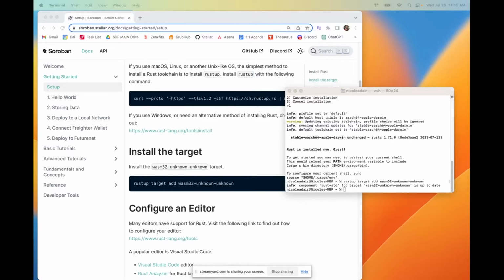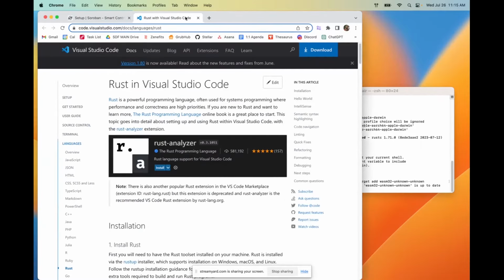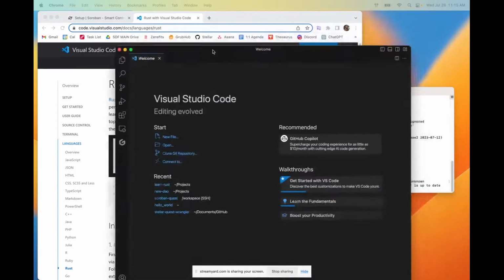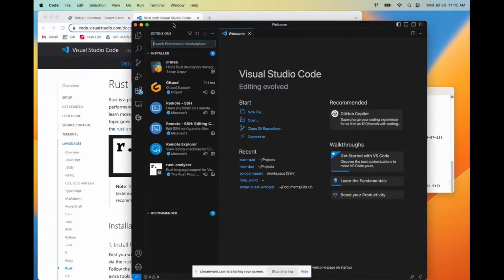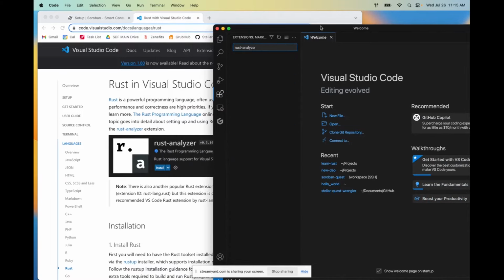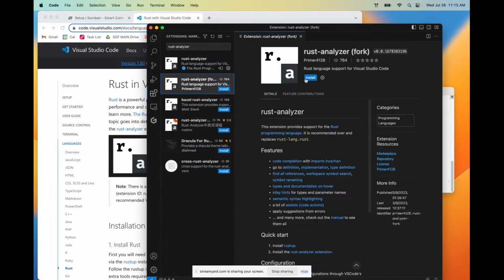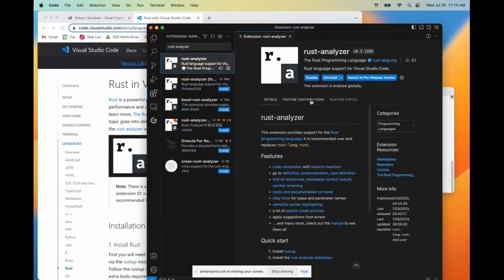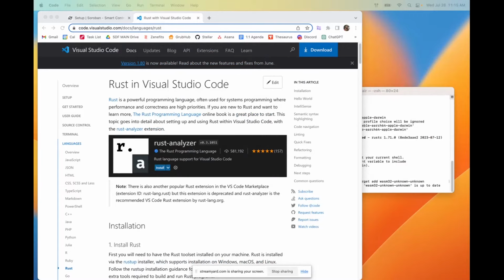We're then going to configure our editor. I'm using VS Code, and I'm going to link to this particular page in the show notes. But the most important thing is to make sure that when you have your VS Code open, navigate to the extensions, and make sure that this Rust analyzer is installed. So actually, I should already have it installed. There we go. So I've already got mine installed. Just make sure that that's installed so that your editor is set up with this particular extension.